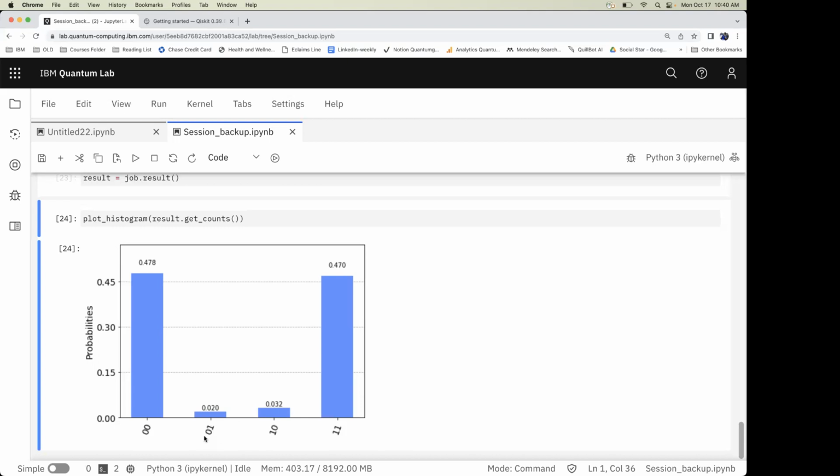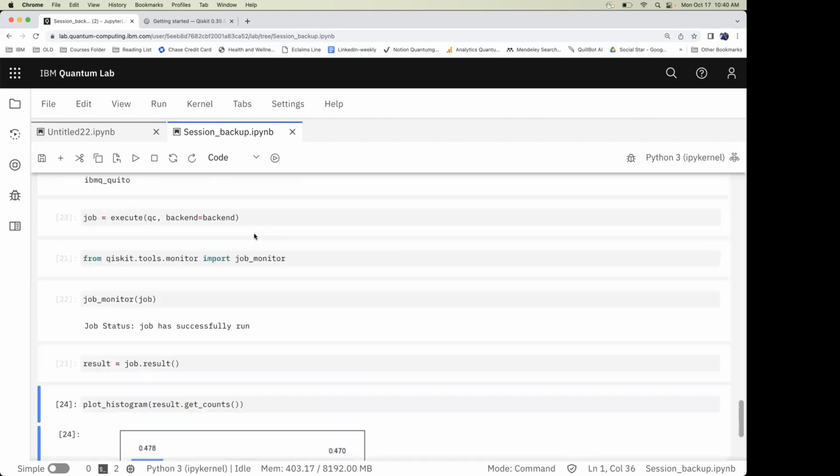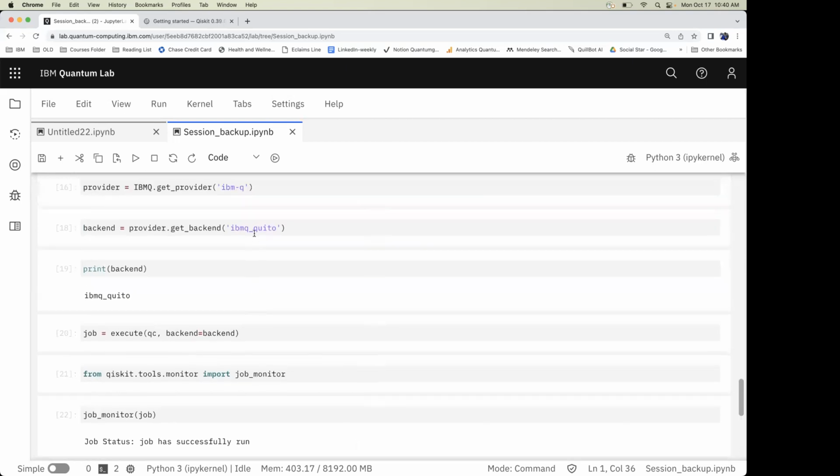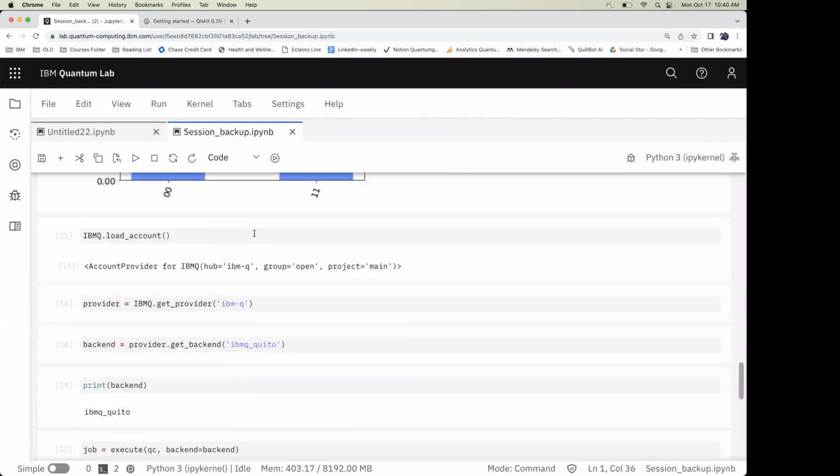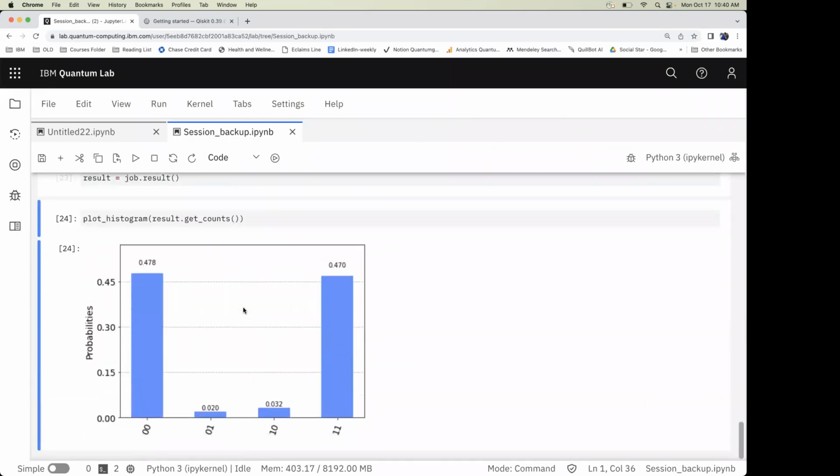of errors. So this is one of the challenges that we have right now. But by running the circuit multiple times, we can easily make out from the probability that 0,0 is the result and 1,1 is the result, and we can easily ignore 0,1 and 1,0. So this was a live session I just wanted to give, a brief session about how you can run a circuit on a simulator and how you can run it on the quantum computer actually.